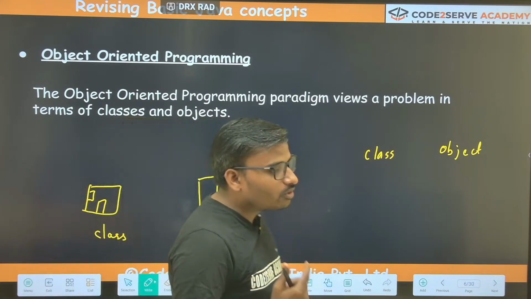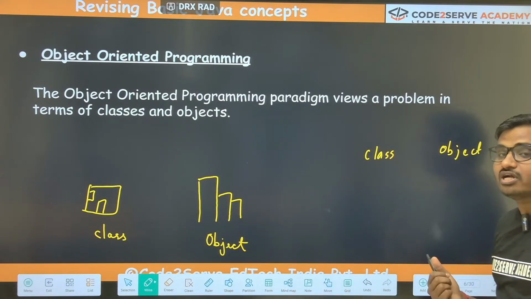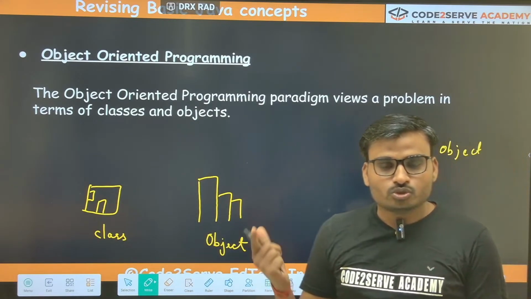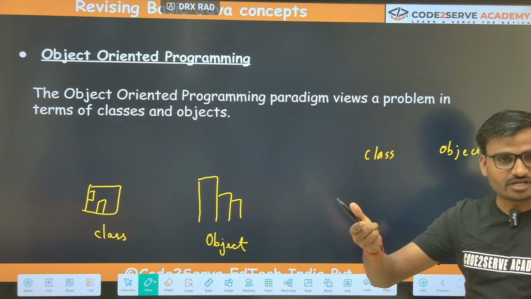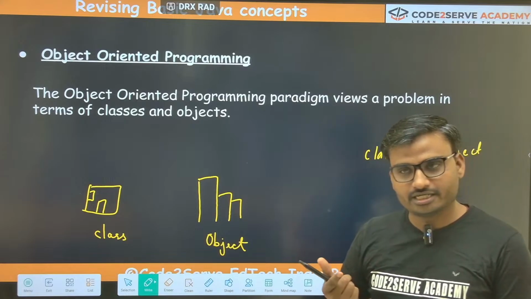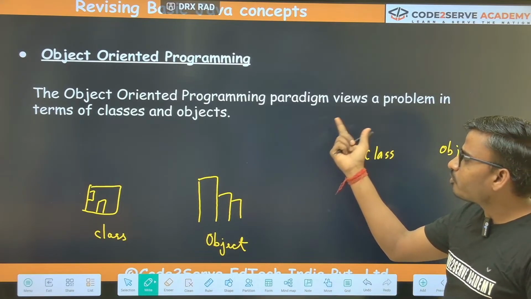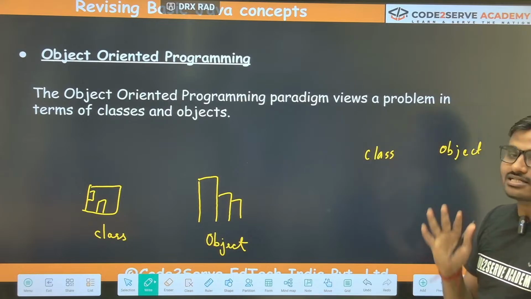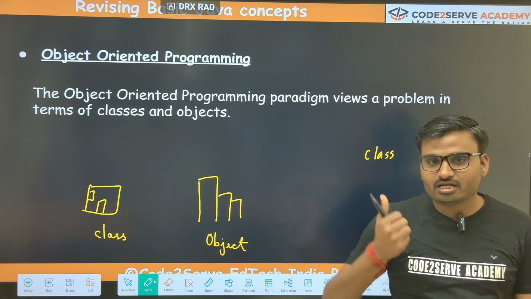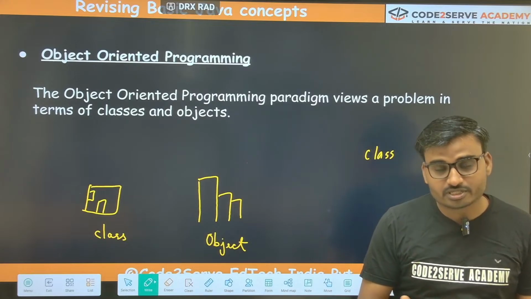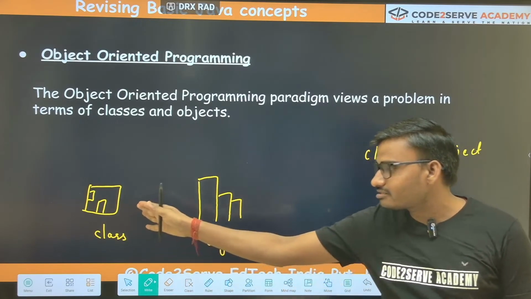तो अब आपको क्लियर हो रहा होगा कि एक्चुअली में जो हम लोग क्लास एंड ऑब्जेक्ट बोल रहे हैं वो रियल वर्ल्ड में किसे रिप्रेजेंट करते हैं। ठीक है। तो क्लास एंड ऑब्जेक्ट रियल वर्ल्ड एंटिटी को सिग्निफाई करते हैं, उसके बारे में बताते हैं। क्लियर। तो यहां आप देखिए इसमें लिखा हुआ है कि ऑब्जेक्ट ओरिएंटेड प्रोग्रामिंग पैराडिम व्यूज अ प्रॉब्लम इन क्लास एंड ऑब्जेक्ट। अभी जैसे बताया कि जावा ऑब्जेक्ट ओरिएंटेड प्रोग्रामिंग पैराडिम्स में डील करता है। और ऑब्जेक्ट ओरिएंटेड प्रोग्रामिंग पैराडिम्स में हम लोग प्रॉब्लम्स को कैसे देखते हैं, क्लास और ऑब्जेक्ट के